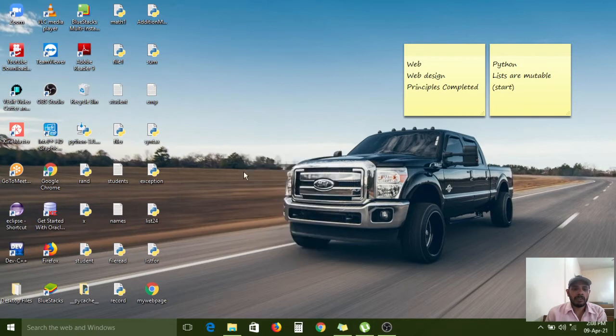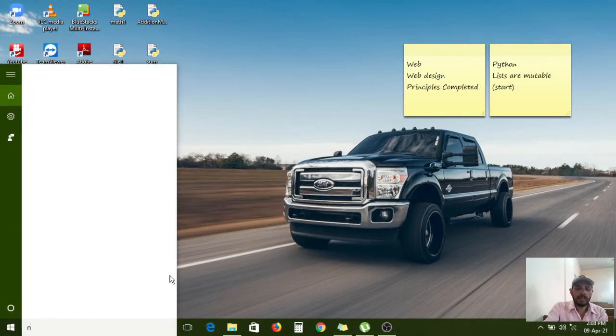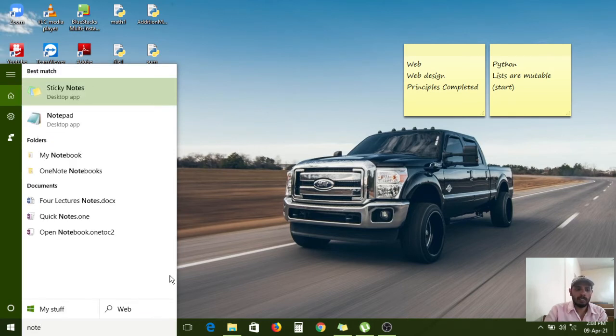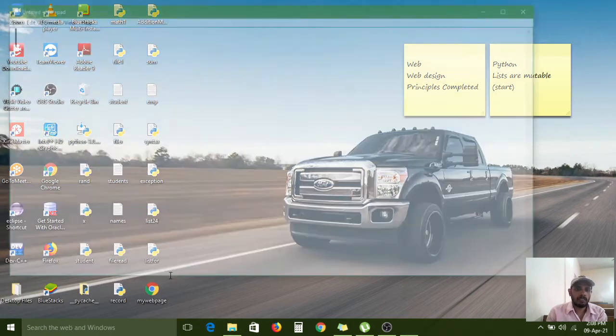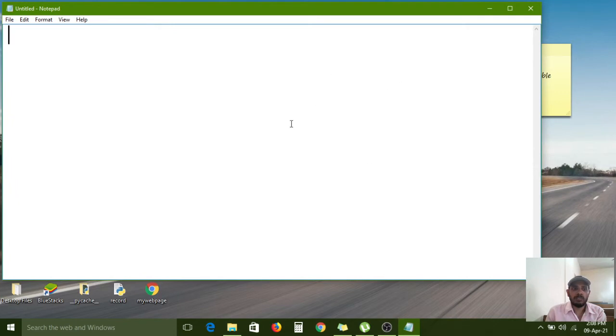For your understanding, first of all, I am opening Notepad. Now I am writing one program, and in every HTML page the doctype declaration is very important.